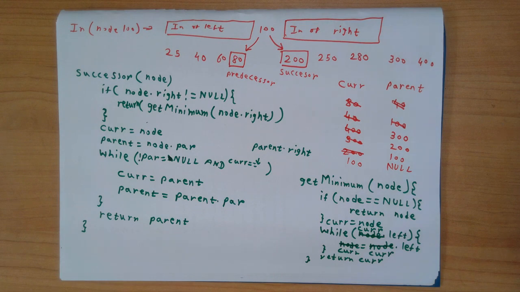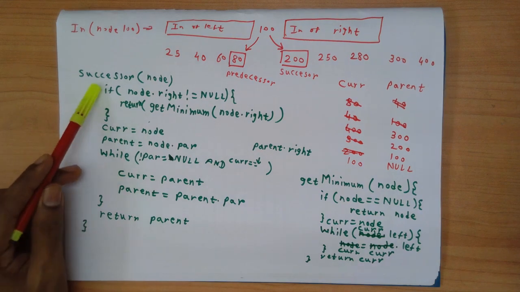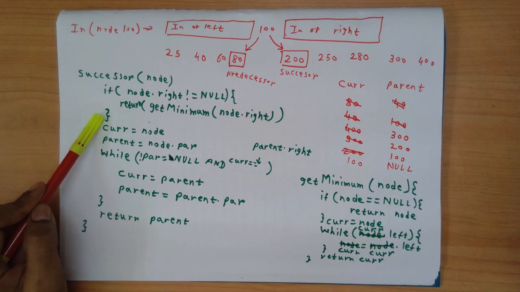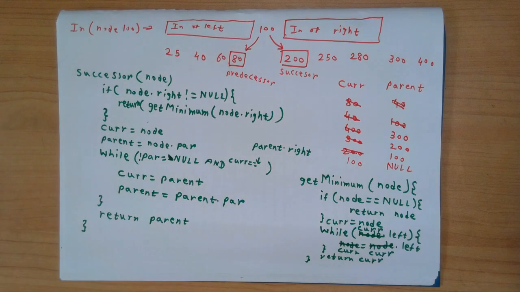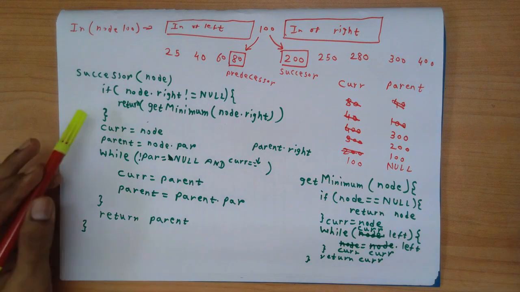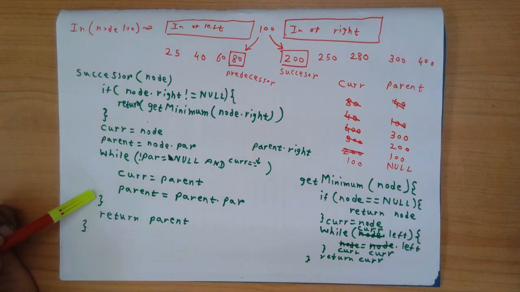And what is the time complexity of this particular operation? If you have a successor in your right subtree, you have to go to the leftmost node in your right subtree. So in the worst case, this might be equal to the height of the tree. And if you don't have a right subtree, in that case you might have to go right back up to the root of the tree. So again, in the worst case, the required effort would be of the order of the height of the binary search tree.